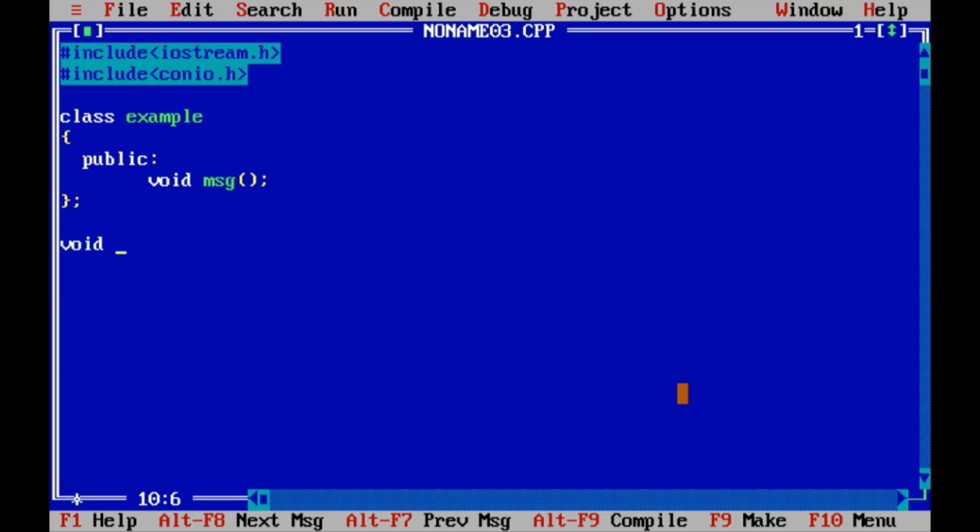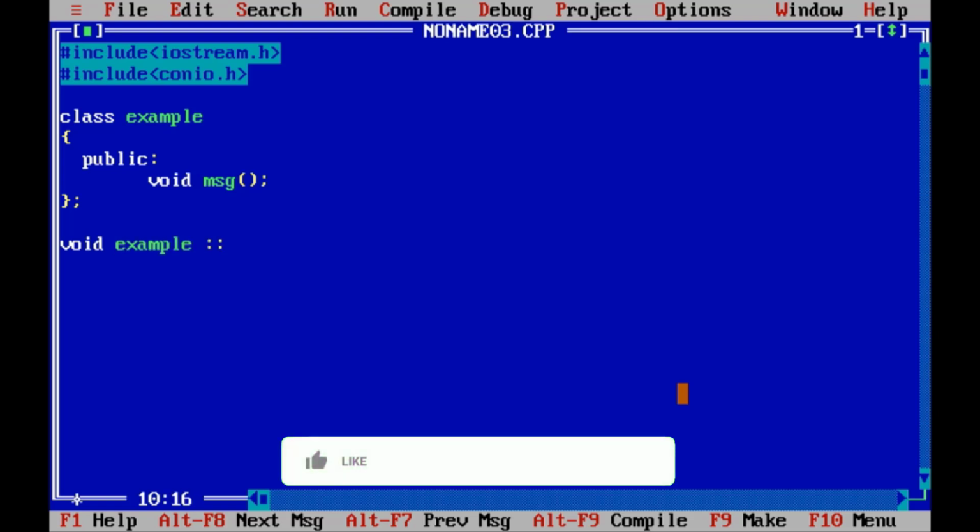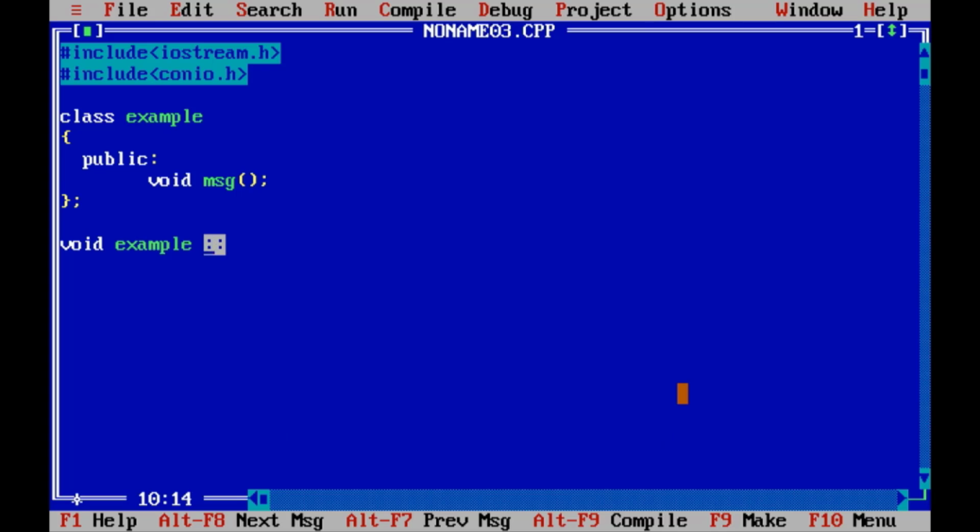For that we have to give the return type, that is void, then the name of the class, that is example, then this is the scope resolution operator.